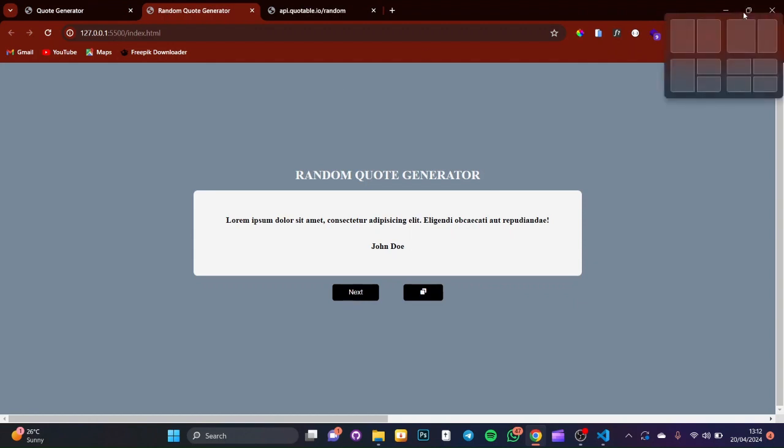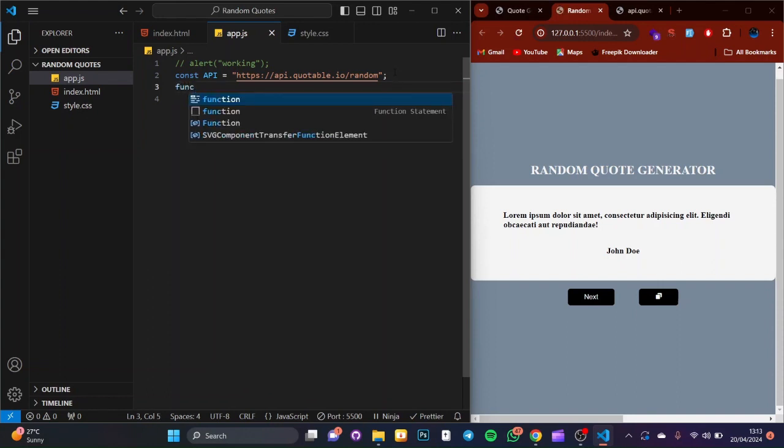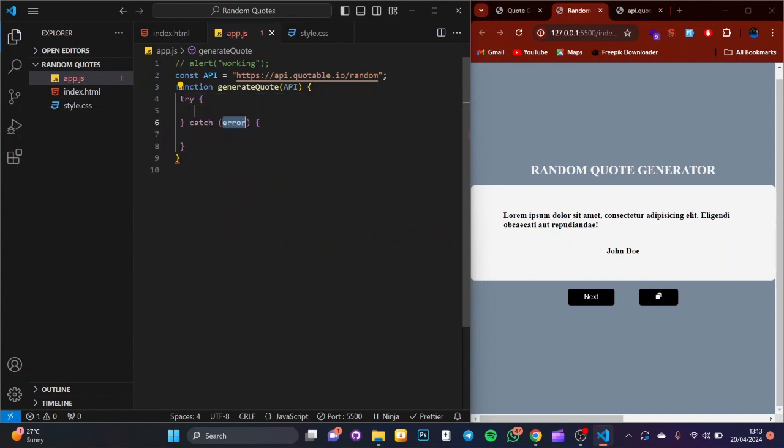and we go back to our app, minimize it back, and we say const API will equal to call our bracket. So by this we are having it, and what we are going to do next is call a function, and we are going to call it generateQuote. This function will take in the API, and here we are going to use the try catch block,